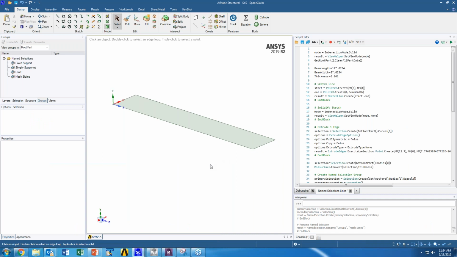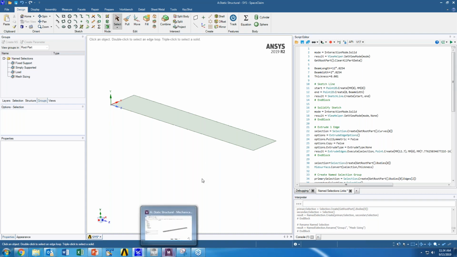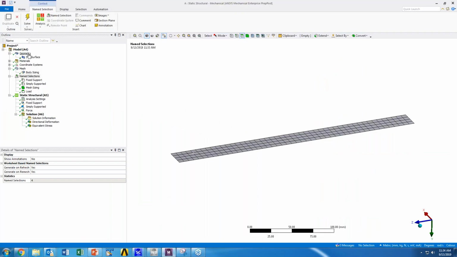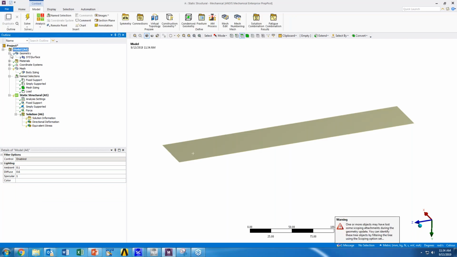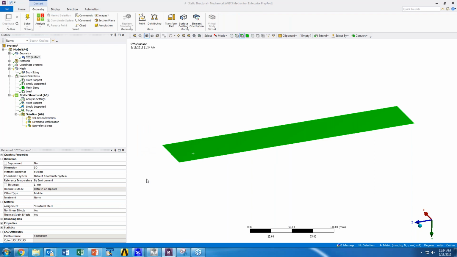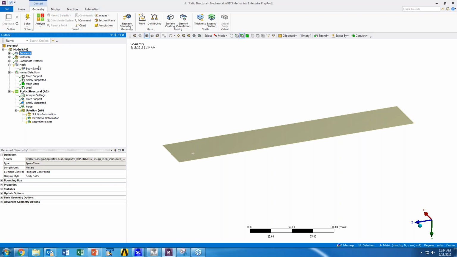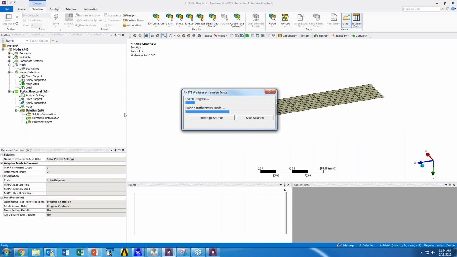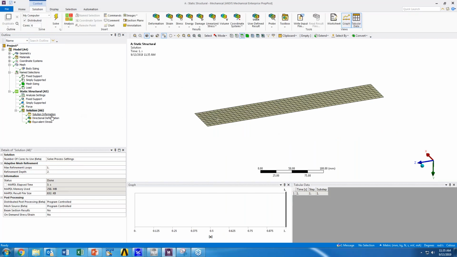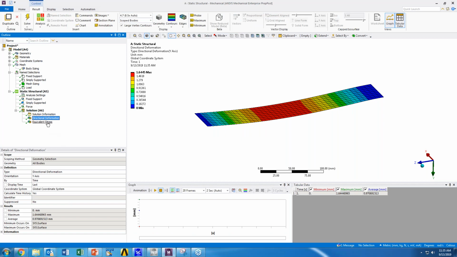And this is a very simple example, but I can confirm that I've used this for significantly more complicated examples as well. So you can see this is now 2 inches wide instead of 1 inch wide. Here, if I just update the geometry, it's going to update. Everything will update except I will need to reassign a material for this just based on my user settings. So you can see all my name selections updated, my geometry updated, and then if I go ahead and solve this, keeping in mind the only thing I updated was the material for this given body, it will solve without issue, right? Because my loading and boundary conditions are unchanged.